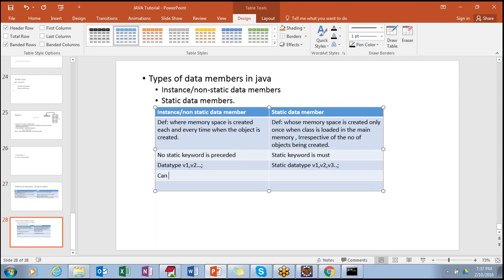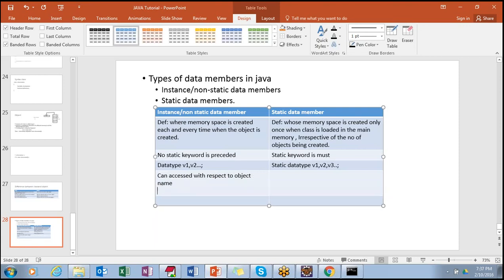It can be accessed with respect to the object name: object name dot instance data member name, IDM for short.